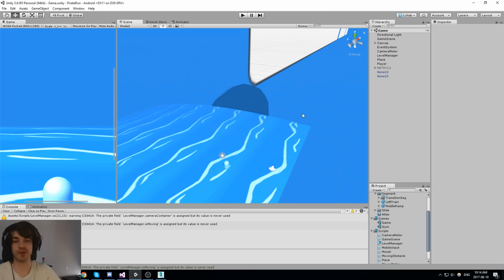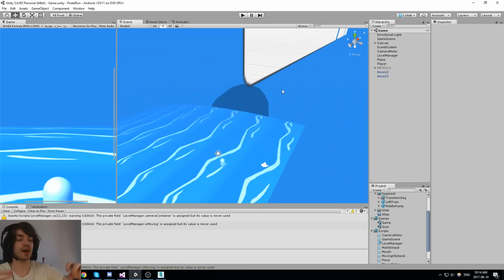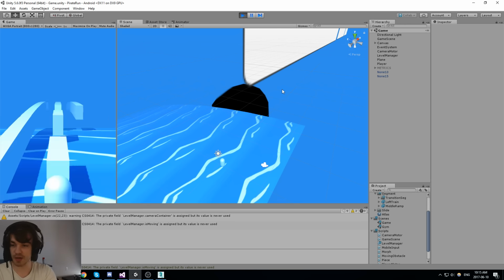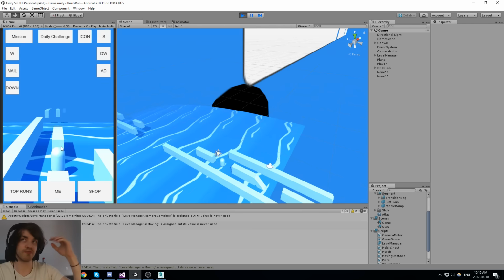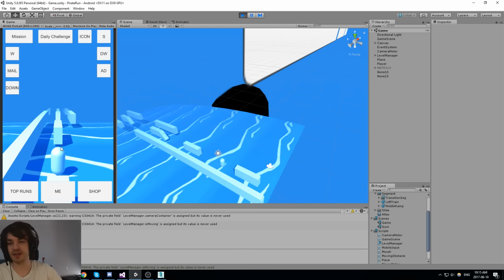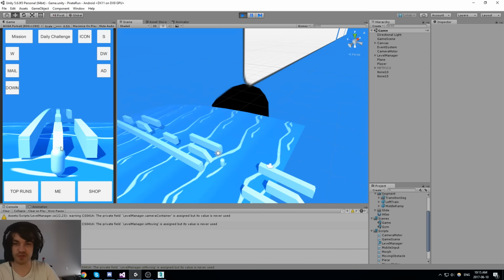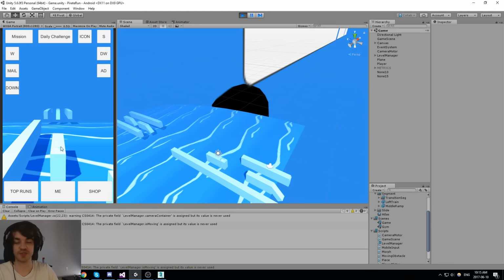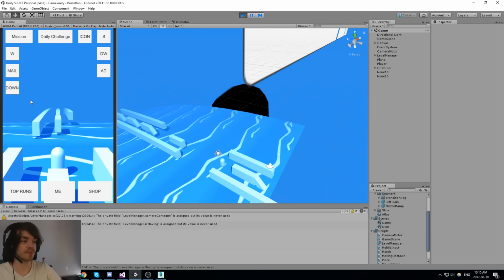Problems that you guys had with me using the boat is the fact that we were not going to animate an actual player, like a physical two-foot, biped player. So I decided to actually go with it and get rid of the boat. We're going to be using a wave boarder kind of guy instead. So we're going to be surfing on an actual surfboard, and this one's going to have legs, this one's going to have animation. It's more going to be like a biped thing. Hope you guys are happy with that.